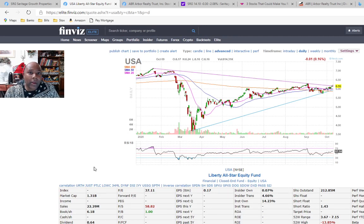boys and girls, I don't know anywhere that you're going to really get a dividend payment that's that large, that's that reliable, that you can go and pluck money from your own money tree, whether it be for retirement or whether it be just from your individual account that you want to pluck money from whenever. USA Liberty All-Star Equity Fund pays a dividend of almost 10.4%